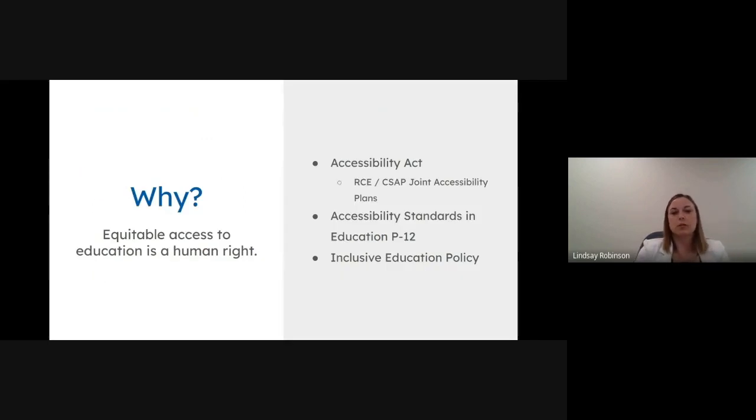So we'll start out with a little bit about the why. Why are we worried about accessibility? Why do we want to make accessible documents? Ultimately, it is because equitable access to education is a human right. So we do have to make sure that all of our students can access the documents that we're either creating